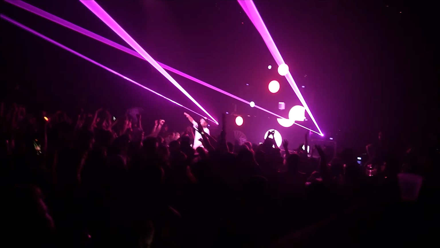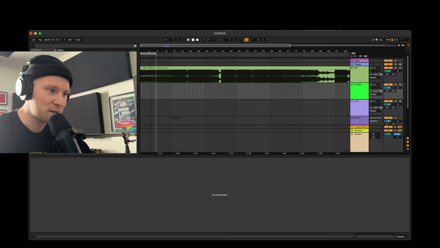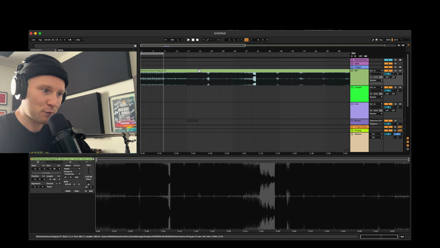I think there's a bunch of different ways you can use reference tracks effectively to analyze your music, to A/B compare how your song sounds stacked up against the pros. That's really what you're doing when you're using reference tracks: trying to get your track to sound as good as everybody else's. So let's dive in. I've loaded in a reference track here, and you can use reference tracks at any point